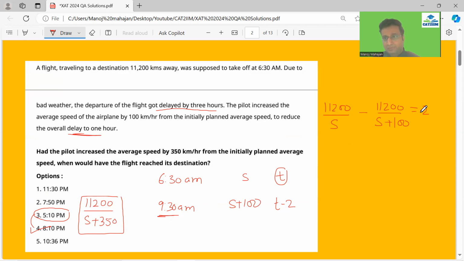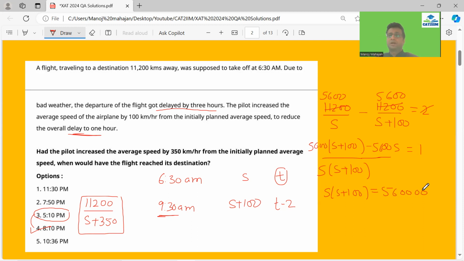So if you calculate it further, let me just divide by 2 out here. So this is 5600. This also is 5600. Okay. Now let's take the LCM as s into s plus 100. Let's say if I do that product. So basically what we are looking at is now multiplying this 5600 with s plus 100 and this 5600 with s, and there's nothing but 1. Now 5600 s would cancel out. So what we are left with is s into s plus 100